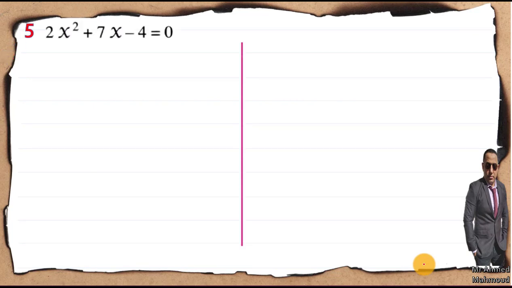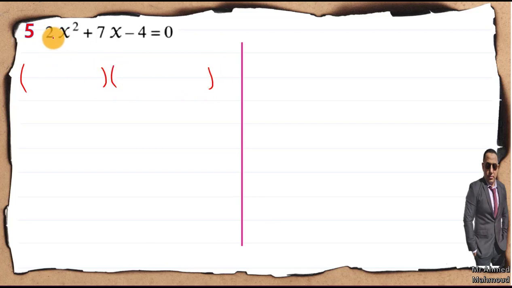Okay, 2x² + 7x - 4 = 0. The coefficients 2, 7 and -4 have no common factor. This one starts with 2, so I'm going to factorize by using means and extremes. Again, means and extremes. Remember with me, I'm going to open two brackets like this,